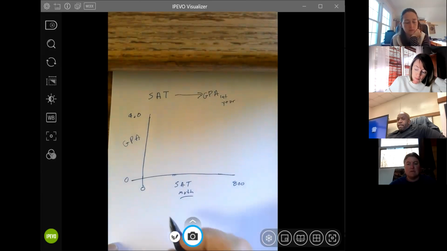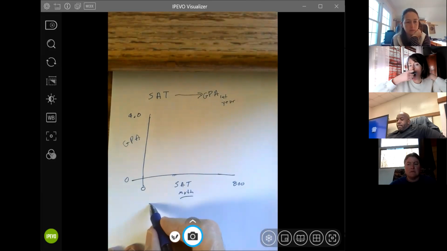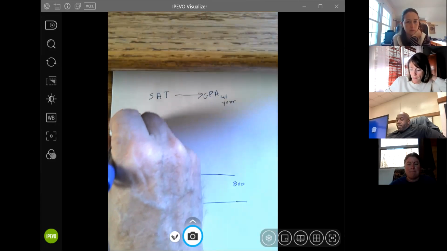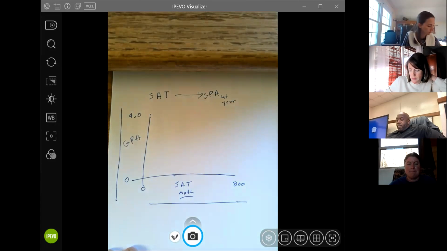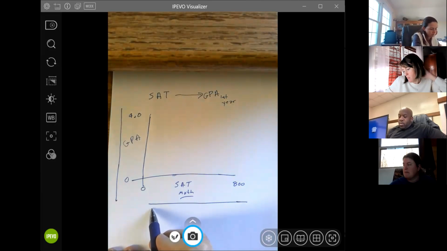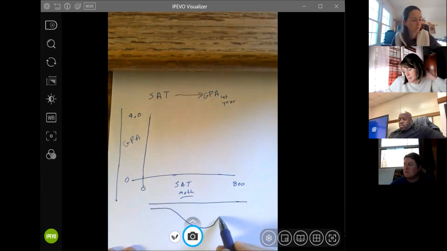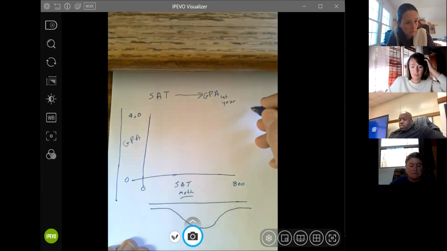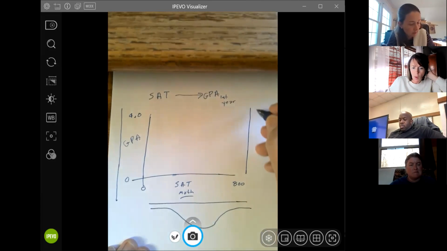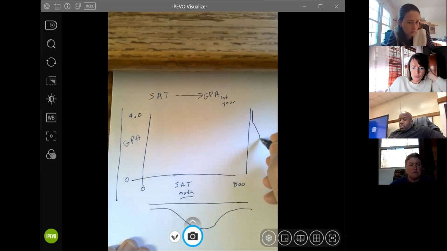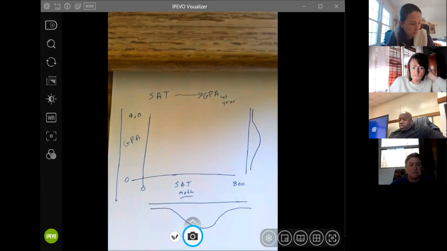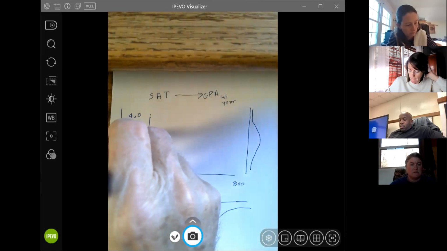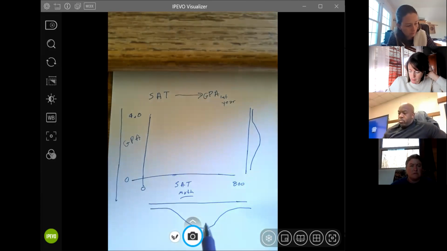And so one of the things to do is to convert each of these scales into z-scores. And so now we have what are basically standard normal distributions. Well, I'm going to bring this one over here on the other side. We have standard normal distributions of z-scores now, of standard scores. And so instead of looking at raw values, raw SAT values and raw GPAs, we are now looking at what are called